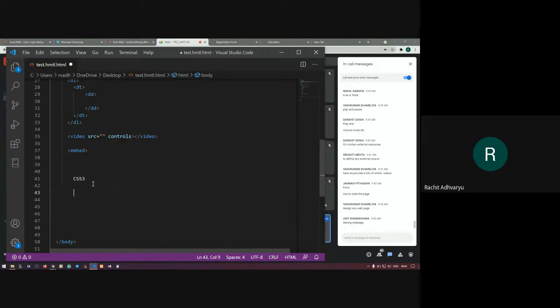The answer for CSS should be: CSS provides a base where a user can provide different types of elegant styling and designing to any web page.